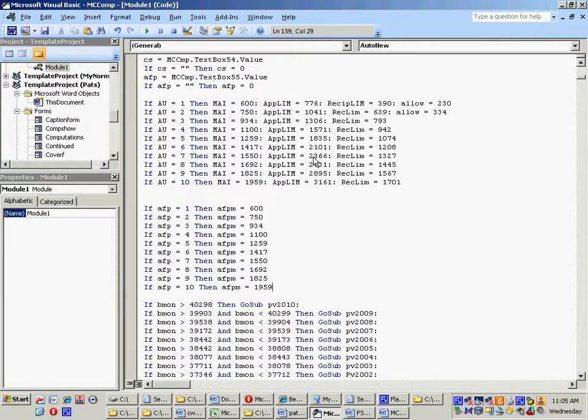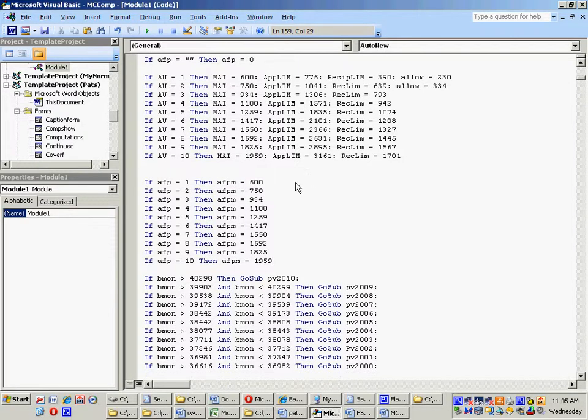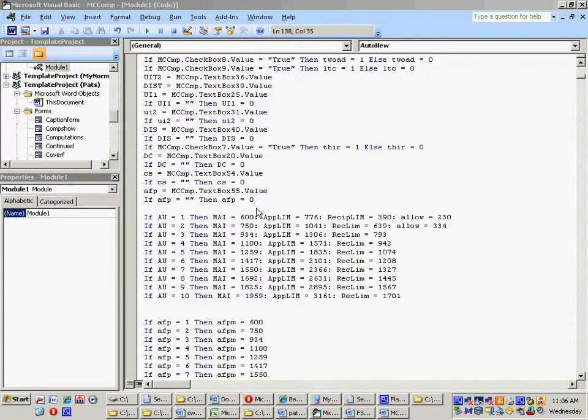Basically, you will notice up here I have listed the various limits. The first one is basically the maintenance need, and the second one is the 1931B app limit. The third one is the recipient limit, and